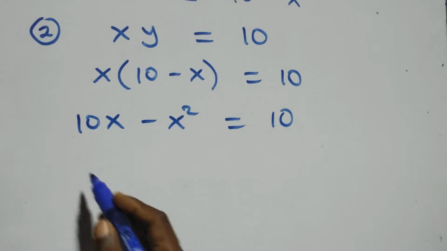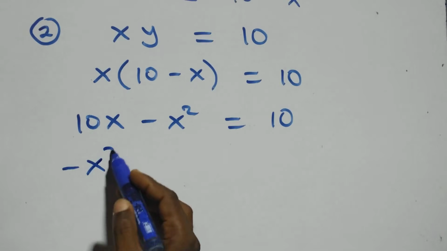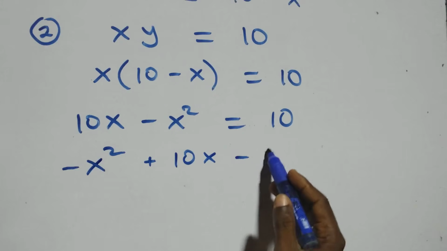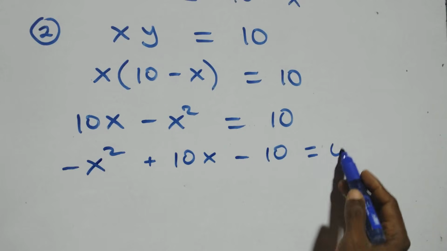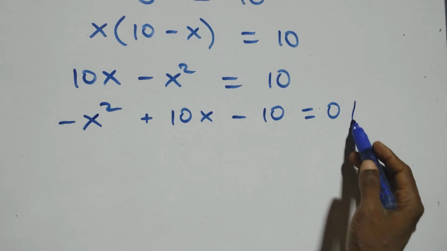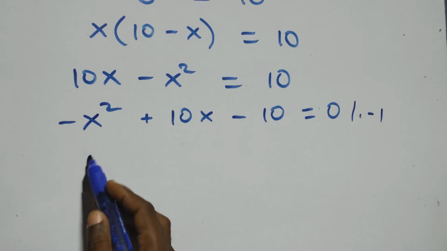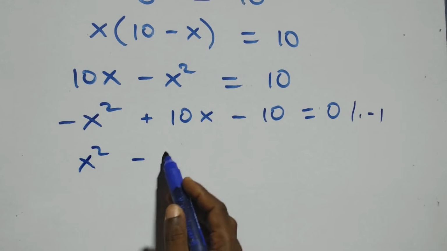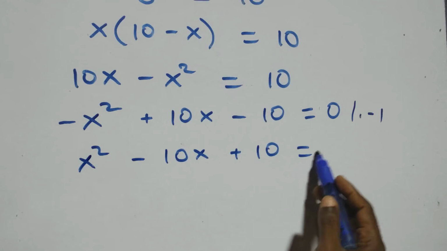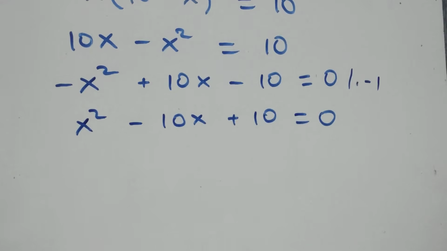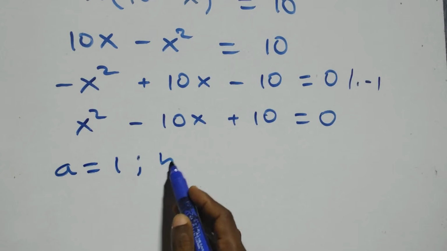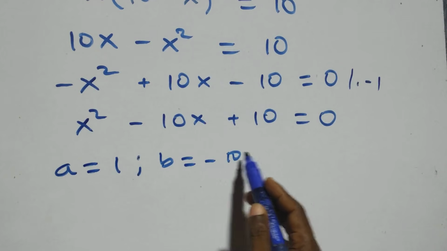And when we rearrange on this side, this becomes minus x squared plus 10x, and we take 10 here, it becomes minus 10, then equals 0. Multiplied through by minus 1, this becomes plus x squared minus 10x plus 10 equals 0. Here we have a quadratic equation where a equals 1, b equals minus 10, and